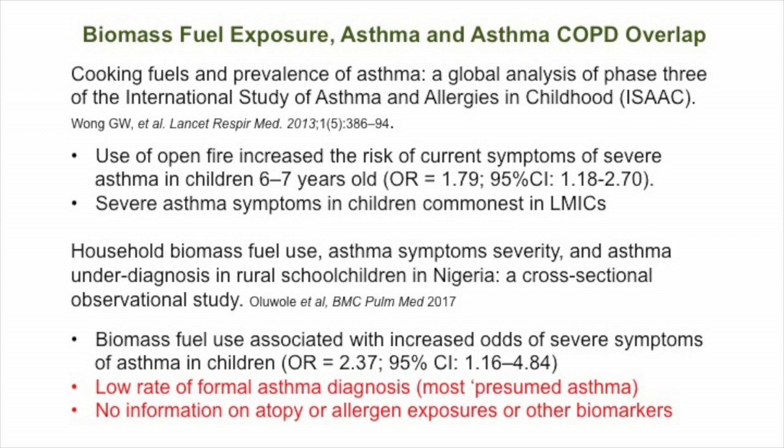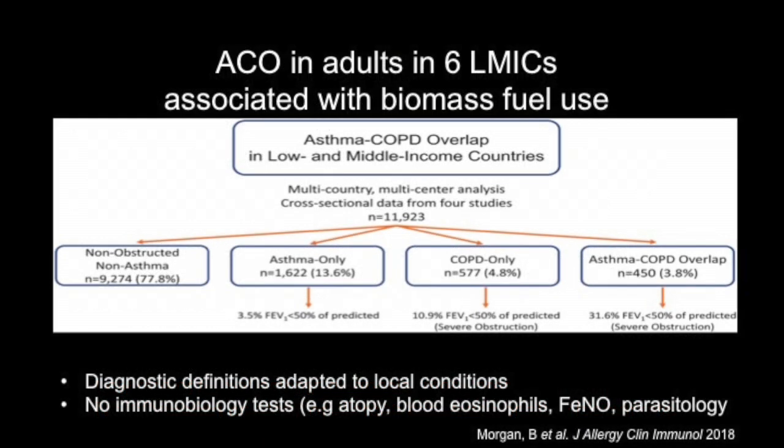I'll skip that one in the interest of time, but it's just to show that they are finding the same thing in adults with this emergence of so-called asthma-COPD overlap syndrome in countries of low and middle income category, which is driven by biomass fuel smoke exposure. In terms of the cellular profiles of these children and adults, we don't understand a lot about them, so it's difficult to know whether they plug into that overall asthma map that I showed you earlier. And so this is a real area of unmet need and research potential.